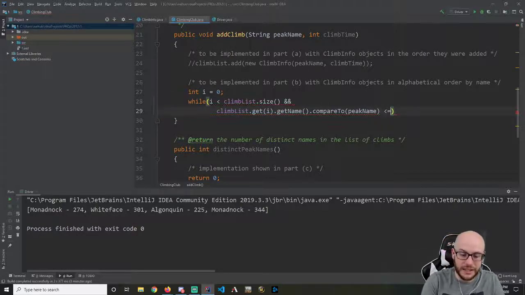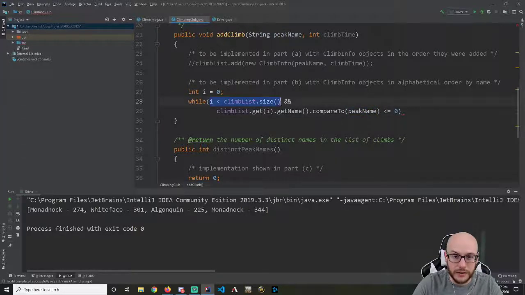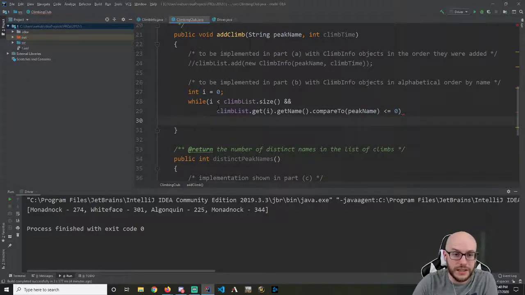if it is less than or equal to 0, what it means is that we kind of need to keep going because this one, the one that is already in the array, is less than the one that I need to insert. So as long as we're in bounds, we can safely pull the current element out. I'm going to get the name of the current element. I'm going to compare it to the one that I'm trying to sort. If I get a negative number, meaning less than or equal to 0, we need to keep going. If I get a positive number, what that means is I can stop there, and that's where I want to insert it. So as long as these two conditions are true,